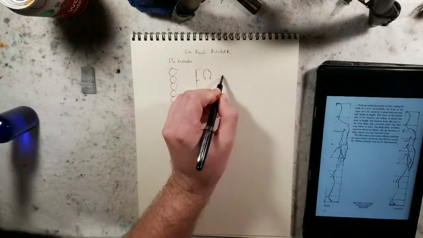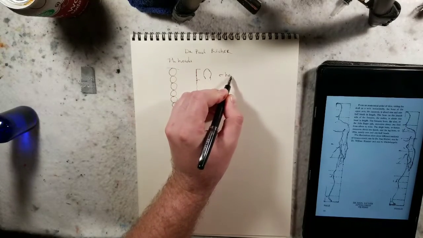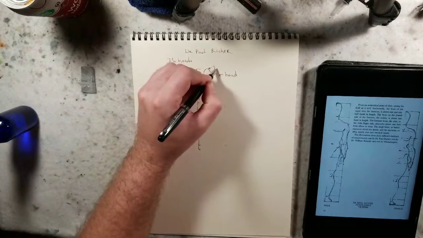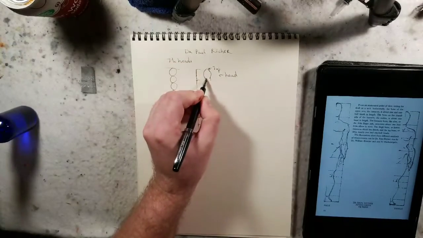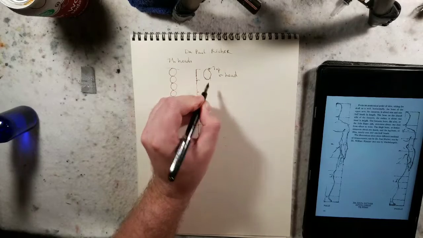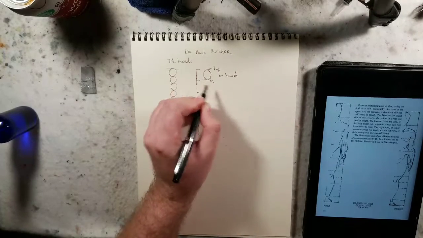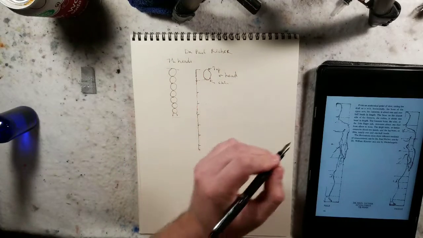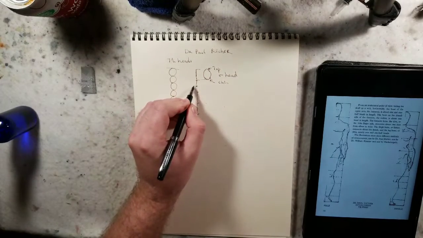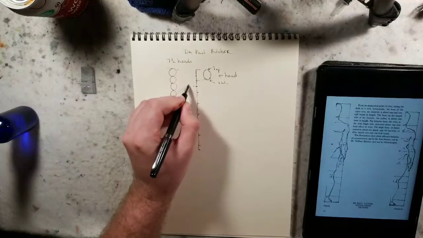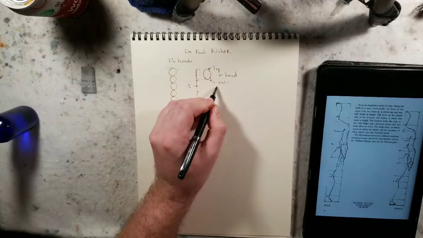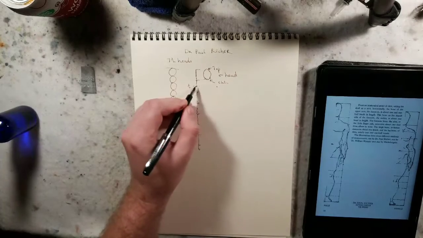And we have the top of the head, and we have the chin. Now the next is broken in half. And at that point is